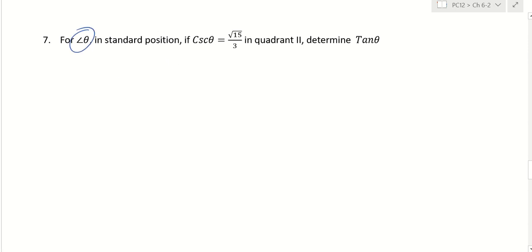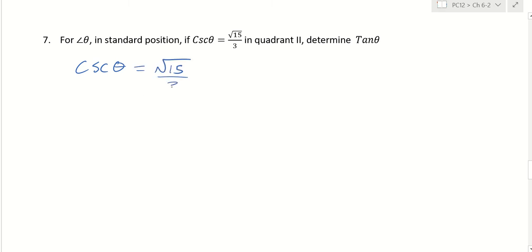For some angle theta in standard position, if the cosecant ratio is root 15 over 3 in quadrant 2, determine the tangent ratio for that angle. Okay, so let's give this a shot. We have a bunch of information. We know that the cosecant ratio for angle theta is really just root 15